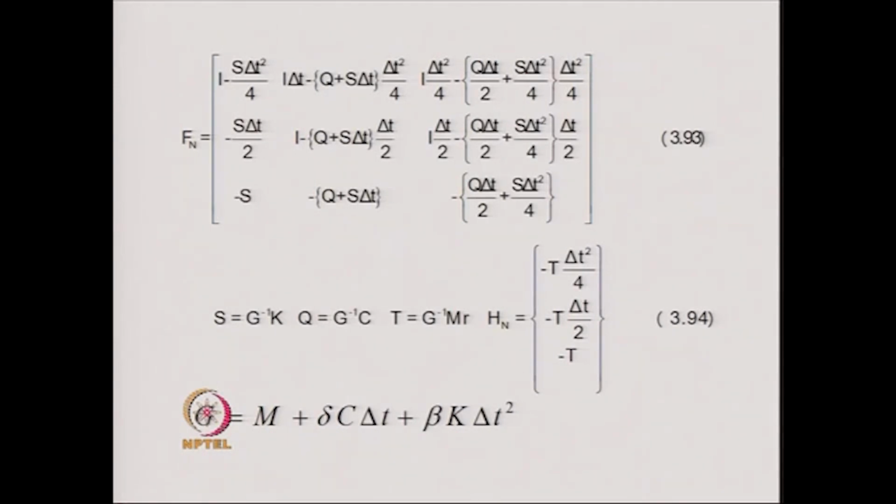The Hn matrix is given by equation 3.94, that is minus T into delta T square by 4, then minus T into delta T by 2 and minus T. The G in this matrix, which requires an inversion to find out S, Q and T, is simply equal to the mass matrix plus delta into C matrix into delta T plus beta K into delta T